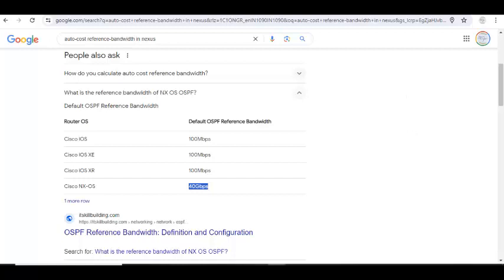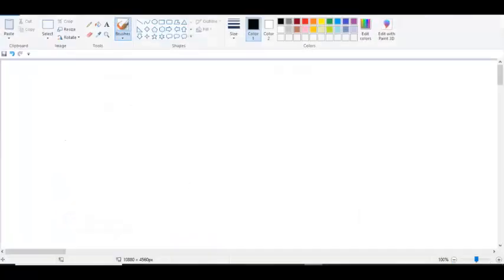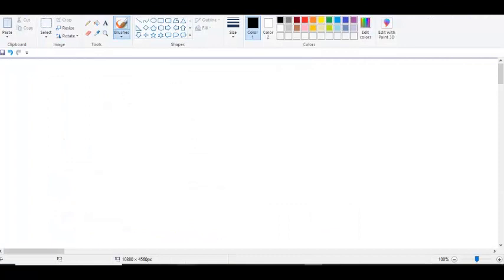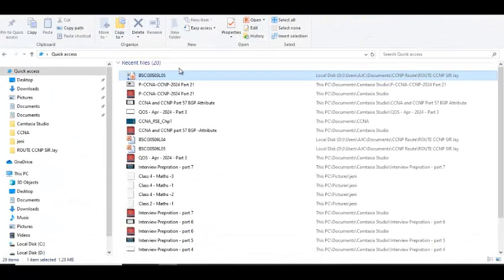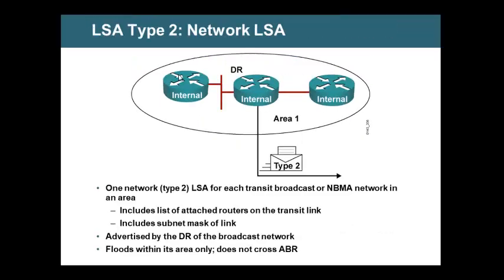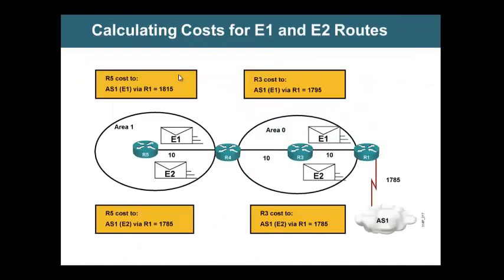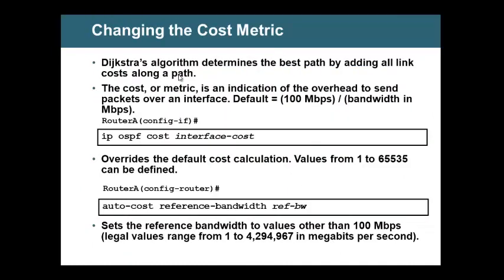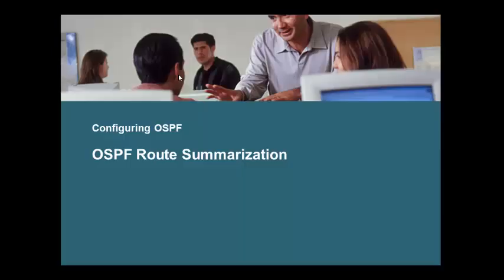Okay, let us go back. All right, so this is a very important one. We have learned it very well. Summarization reduces the amount of advertisements that we will send.